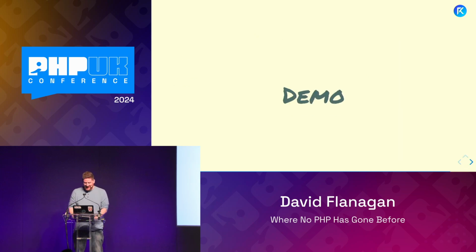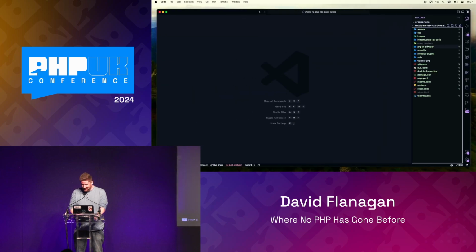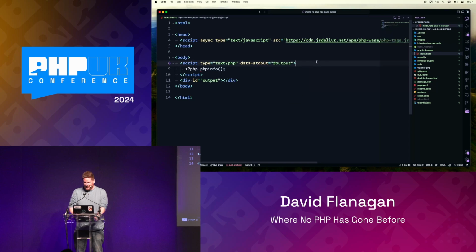Good. It's possible. So here is my index.html. Now, what is really cool about this is that the PHP interpreter has been made available as a WebAssembly module. So we can then pull that in, either via an npm package or just using CDN, and then have a script of type text/php and run any arbitrary PHP code that we want,